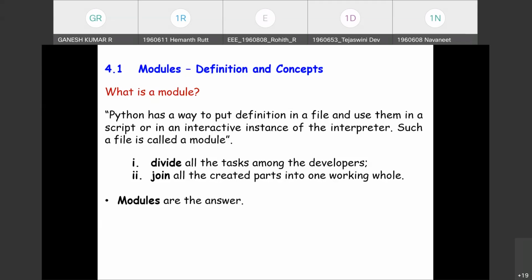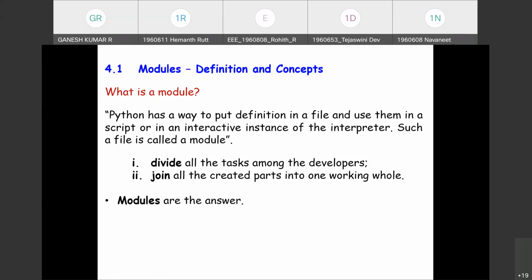The results are integrated, joined to complete the whole module. So modules are the answer that divides the tasks in a meaningful form, solve it independently and get integrated at the end.